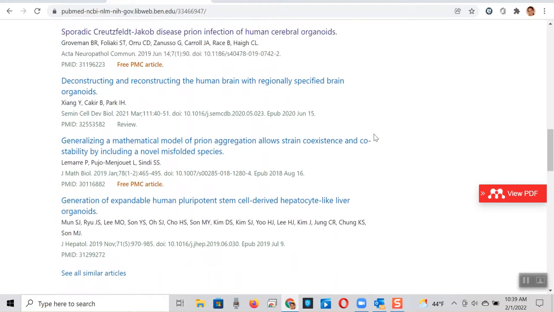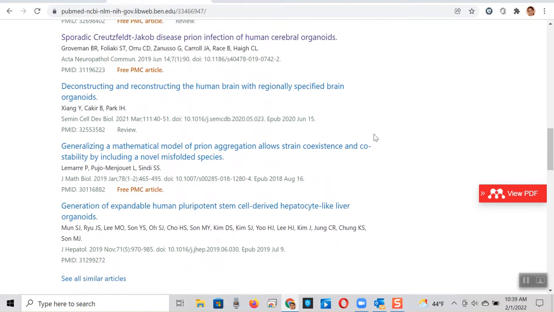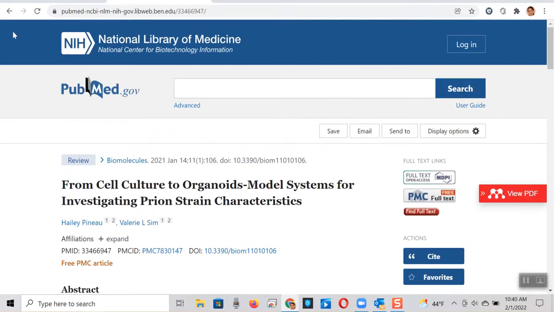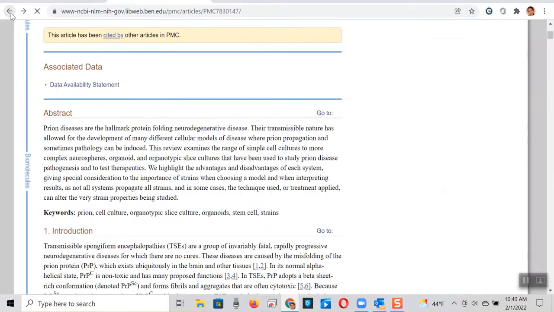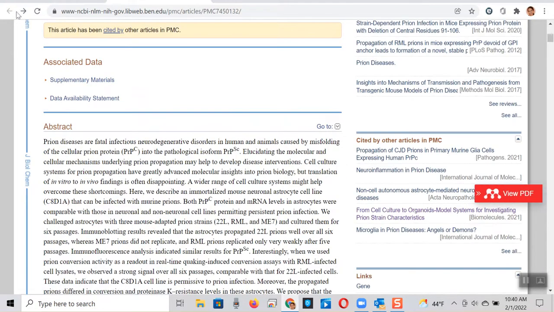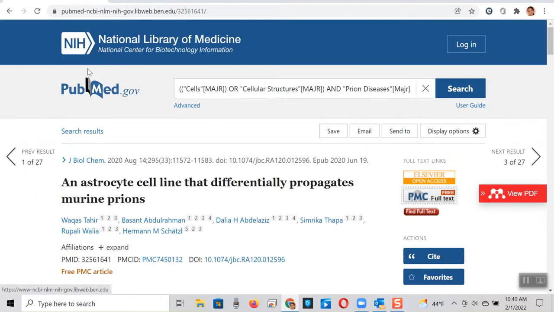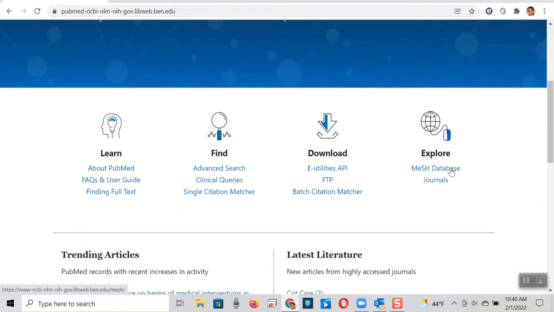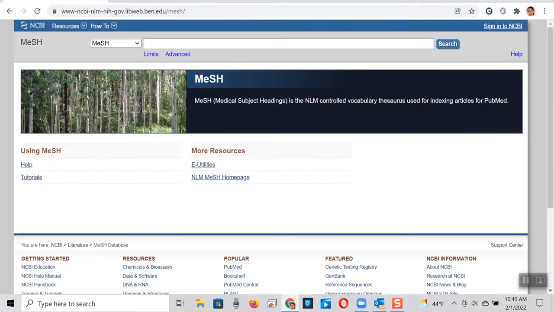So this is basically what I wanted to tell you. If you want more help, oh, one thing I forgot. I have to go back and look at my search which I did earlier. I'm going to go back there and look at PubMed here and then go back to my headings. And when I used search Prion Diseases, right,